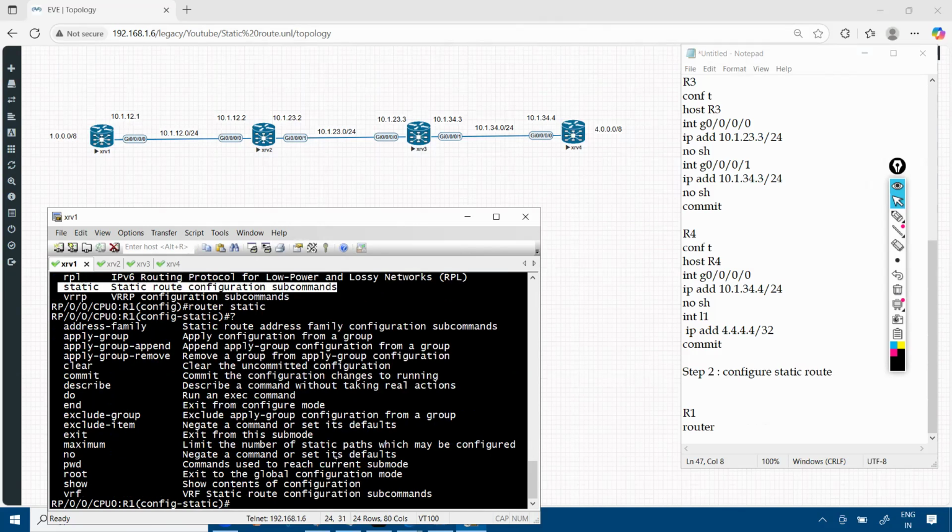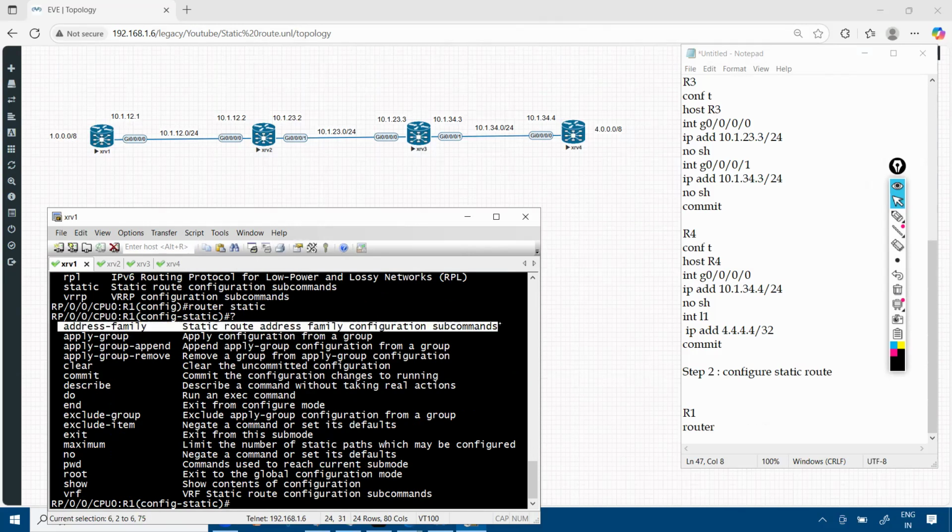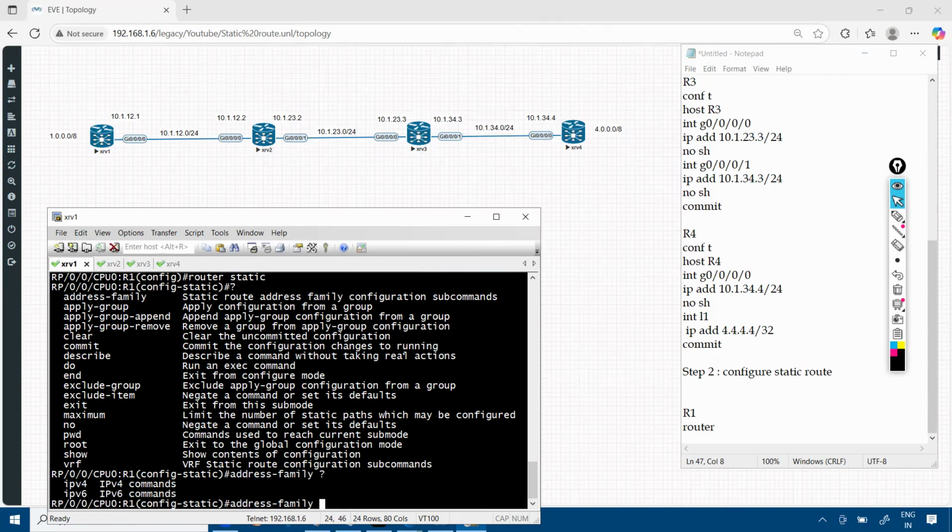Now I need to give the option, and if you put the question mark, it will help you see which option to choose. It's asking to configure the address family, static route address family configuration. So I need to go to the sub command mode, which is address family. Which address family? I want to configure IPv4, so I choose ipv4. That's all.